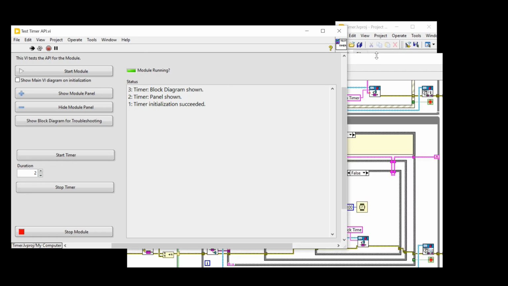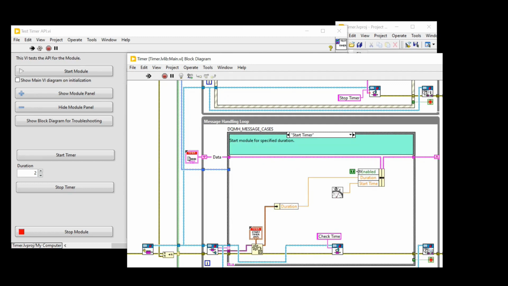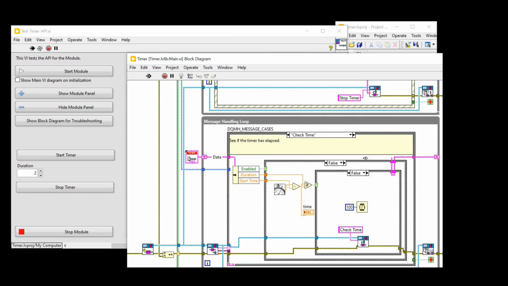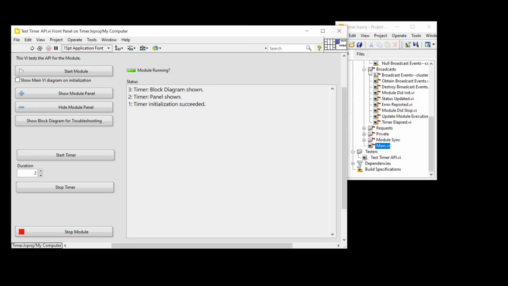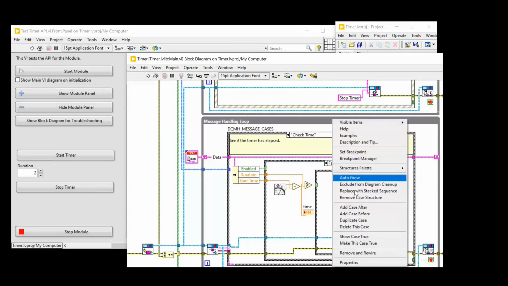So if I go back to my code and look, well, let's look at the Start Timer code. It looks like I am setting enabled true here. There's the problem. Look, this should be the true case, not the false case. I'm running this code when enabled is false. It should be true. So thanks to the DQMH debugging tools, I can go into this code and change this case to true